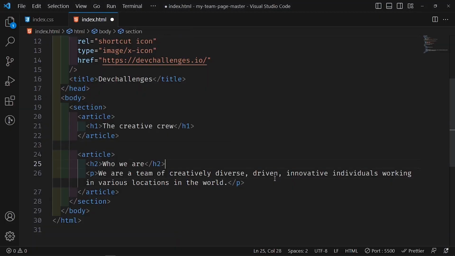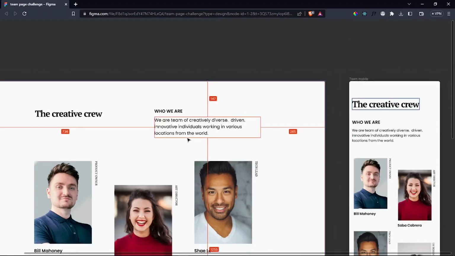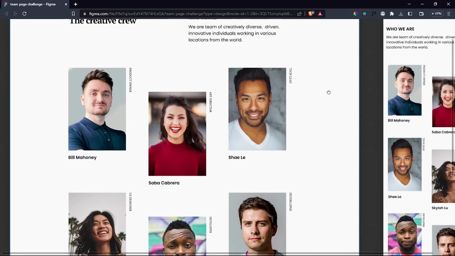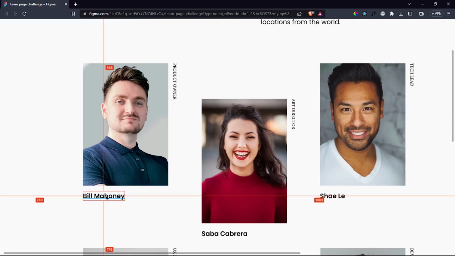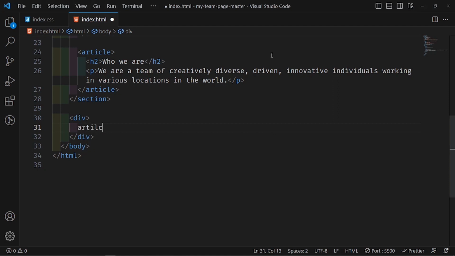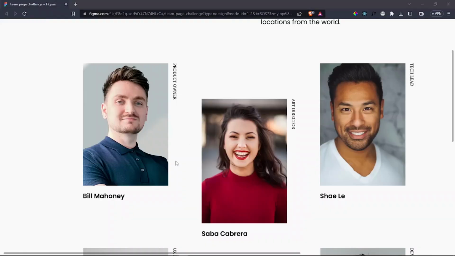And then once we have that, we're going to go below this section. We're going to create a div, and this div is going to be 6 articles, so 1, 2, 3, 4, 5, and 6, and each of them is going to have an image, a name, and the role of the person. So we're going to create an article here. I've used a section on top, so let me use a section here as well. And then we're going to have an article, and the first article is going to be an image. The source for this image is going to be photo1.png. The alt attribute is going to say the name of the person, so Bill Mahoney,